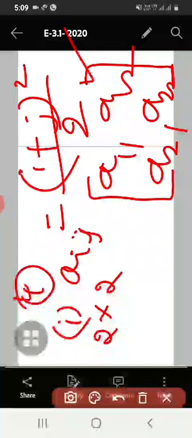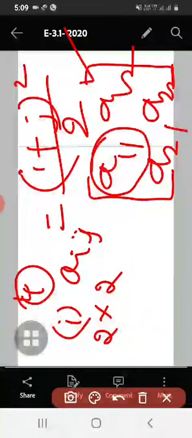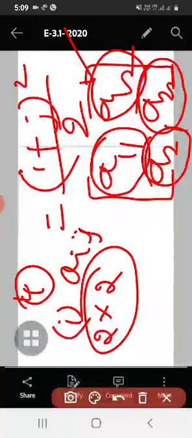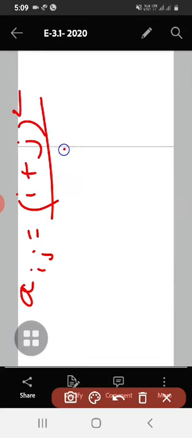Observe here, we have to find out A11, afterwards A12, A21, A22. Then you substitute all the values here, and our matrix will be ready. So use this definition, (i plus j) whole square by 2. So let us take that up. What is given here? Aij is equal to (i plus j) whole square divided by 2.